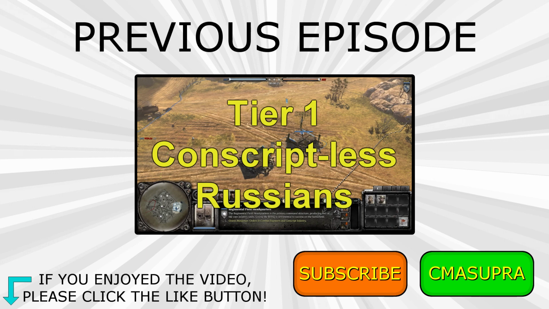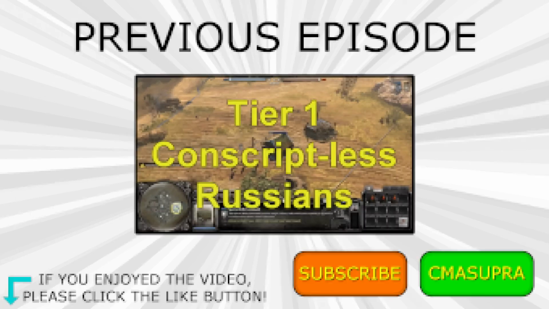I decided to go and completely change it up for the beginning of the game for myself and go completely conscriptless. Not one single conscript squad was built in this entire game, and so it's quite a change for me. Now, if you're not going to build conscripts as